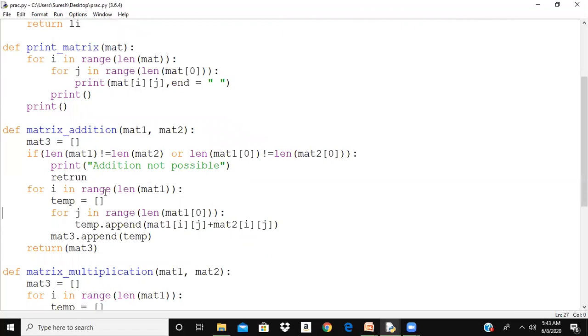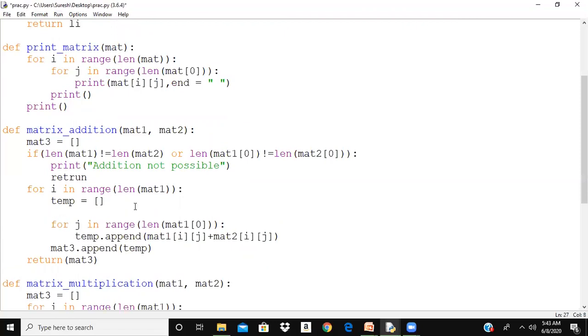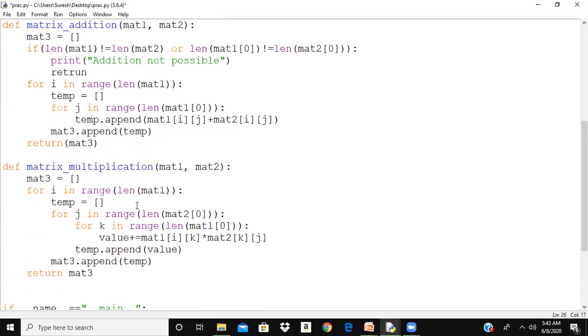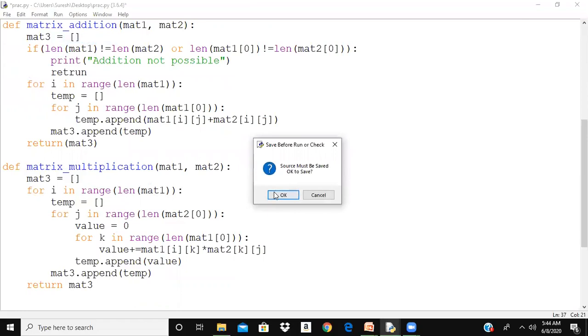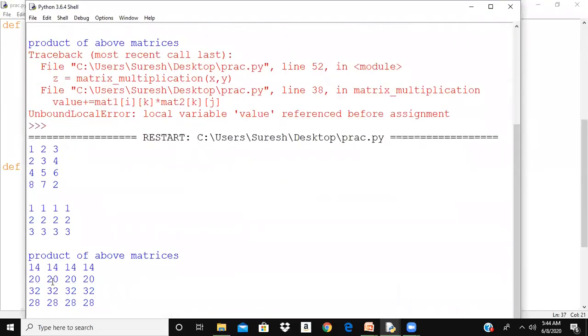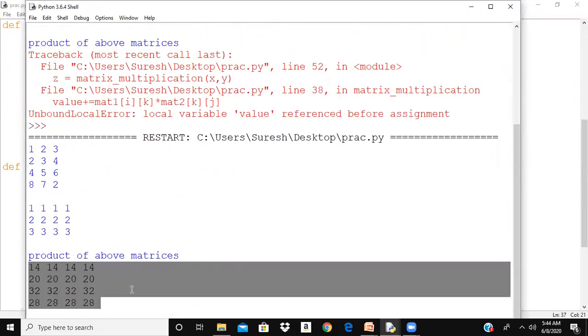Let me make value is equal to 0 here. Now this is addition. Let me run this. Multiplied, and that is the output.